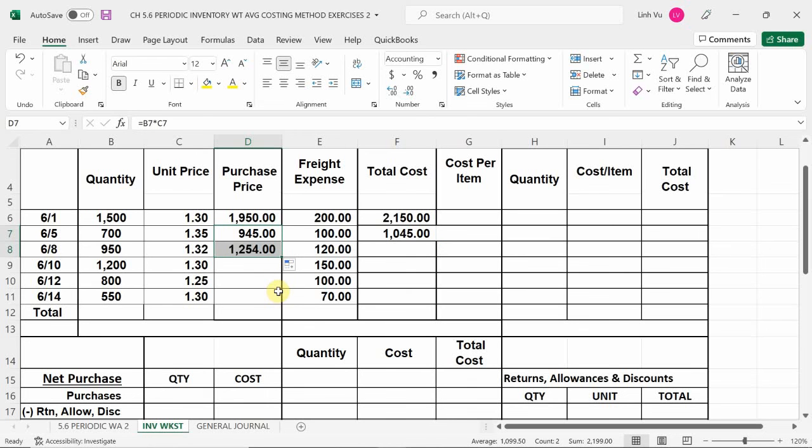1,254. 1,254 plus 120 is 1,374. Yes. All right, this one. Okay. If on June 10 we purchased 1,200 units at $1.30,